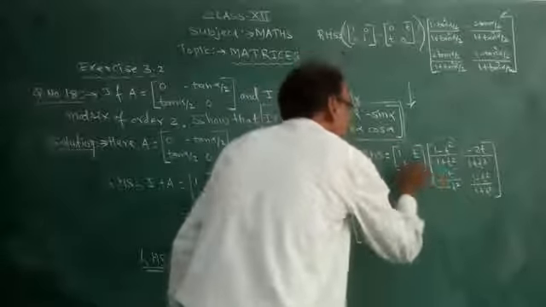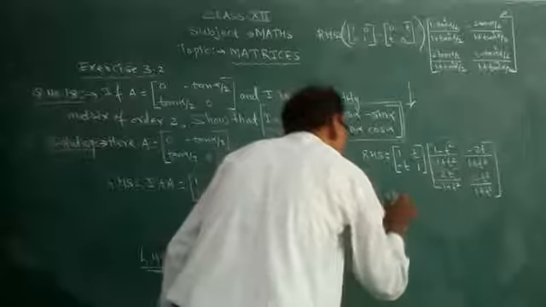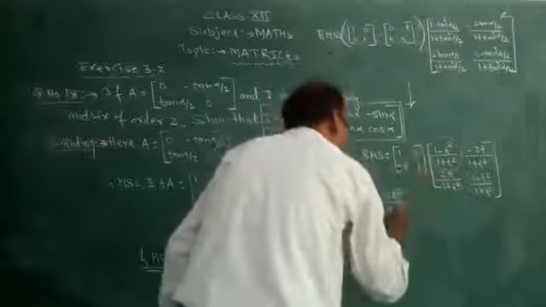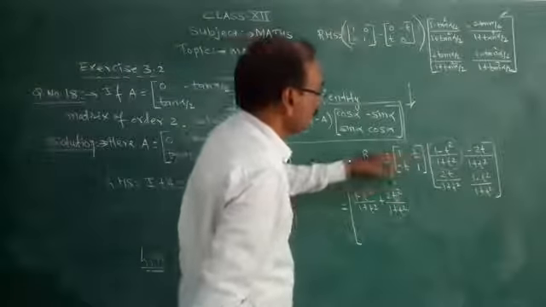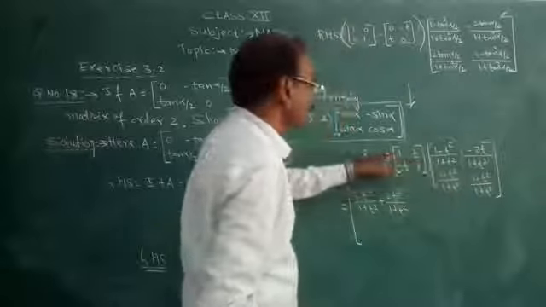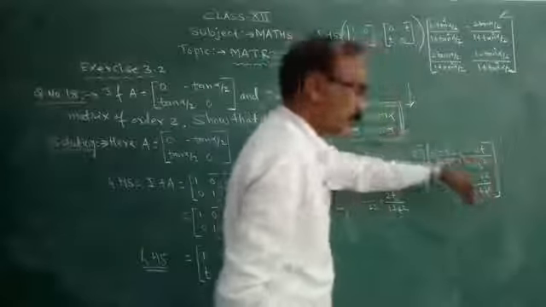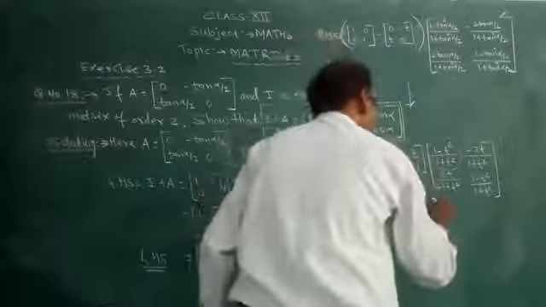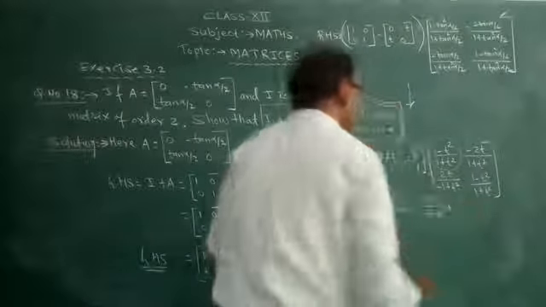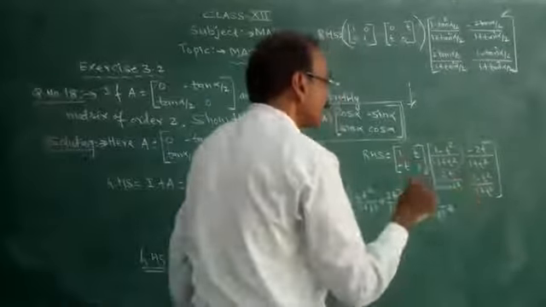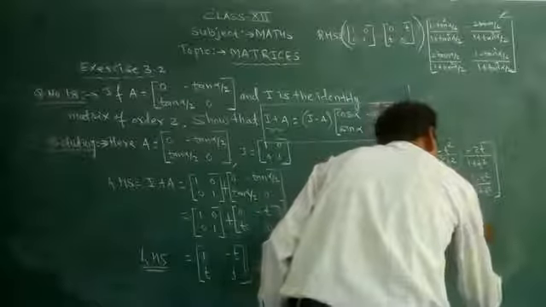t into this, t into 2t, 2. This will be plus 2t square upon 1 plus t square. This is the first element. First row, first column: 1 into this plus t into this. It gives me the first element. The first row, second column gives me the second element: 1 into minus 2t, then minus 2t upon 1 plus t square plus t into this. So t minus t cube upon 1 plus t square.